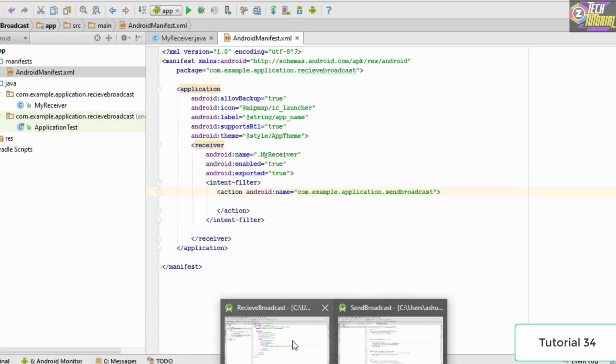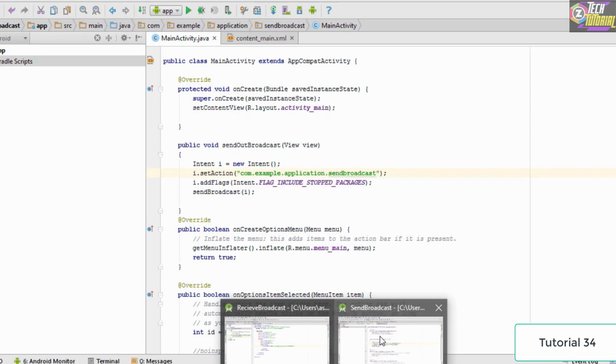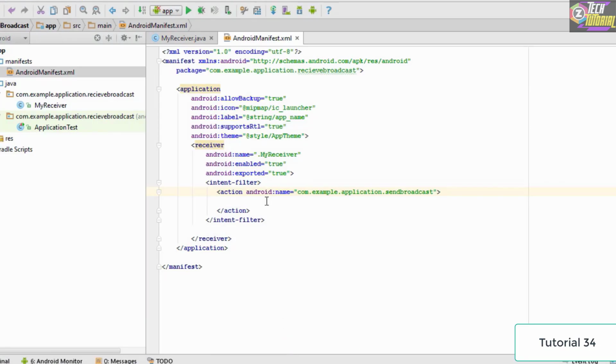Now once this is done, we save the code, and one important thing which you'll need to remember is that now we have two projects, the receive broadcast and the send broadcast. So basically the first thing which we need to do is that we first need to run the receive broadcast, and then we are going to run the send broadcast, and that is because the receive broadcast is going to get activated and it is going to keep listening to the broadcast until and unless a broadcast is received. Then we switch to the send broadcast and we send a broadcast, and the receive broadcast is going to pick up the broadcast sent by that, and then it is going to display it.